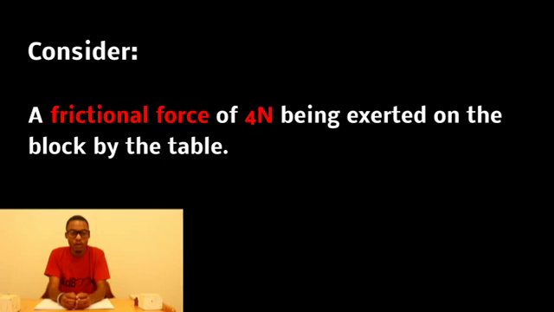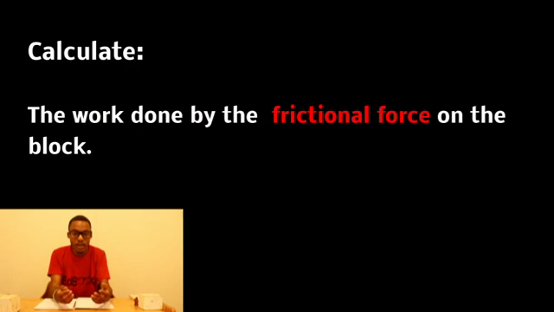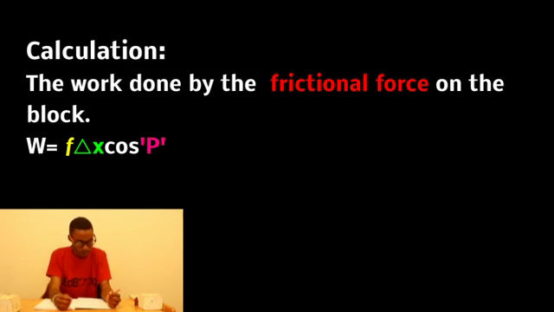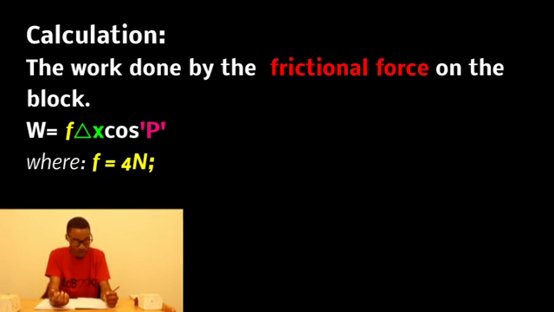Now, consider that in this type of a problem, we also have a frictional force of 4 newtons being exerted by the table on the block. Now, if we were to calculate the work done by friction, then we would say, going back to our equation, we have W, F delta X cos an angle. Now, we already know the magnitude of the force. It's 4 newtons. Our frictional force is 4 newtons. There we have it. Our displacement is still 5 meters. There we have it. Cos of